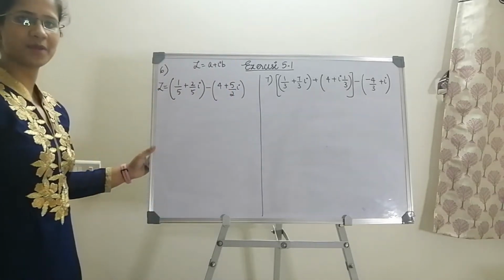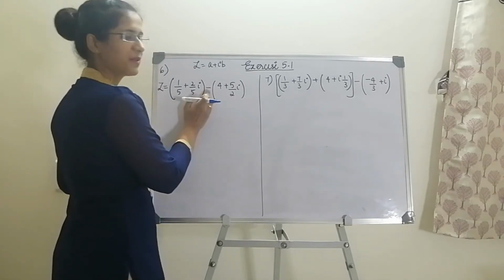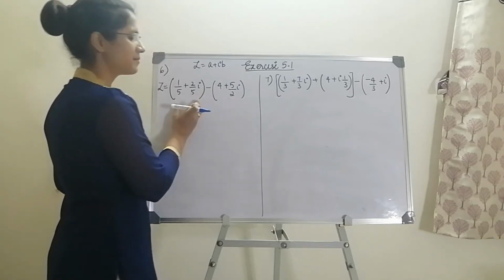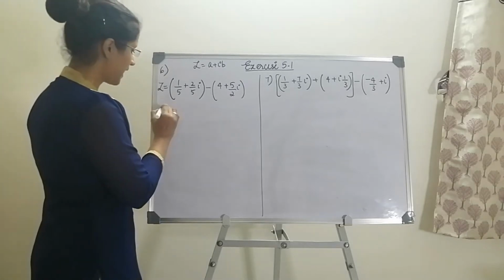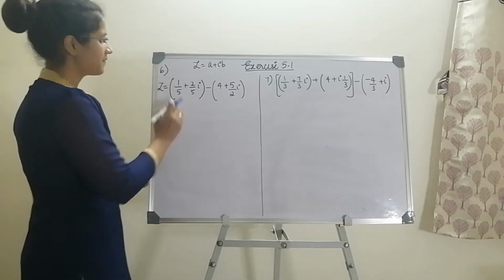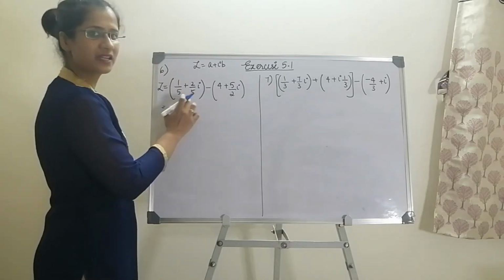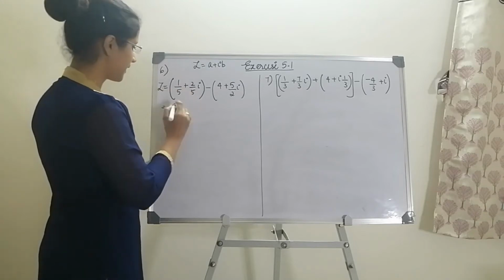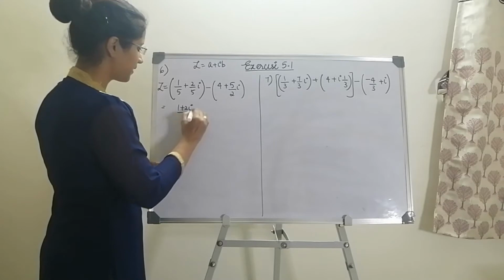So next, what is my step? Now I see there are two terms which are separated by a minus sign, and these two terms inside the bracket, I can find out my LCM. So when I have to find out my LCM, see the values 1 by 5 plus 2 by 5i, the denominators are the same, so therefore I get LCM as 5. So I can write this as 1 plus 2i divided by 5.